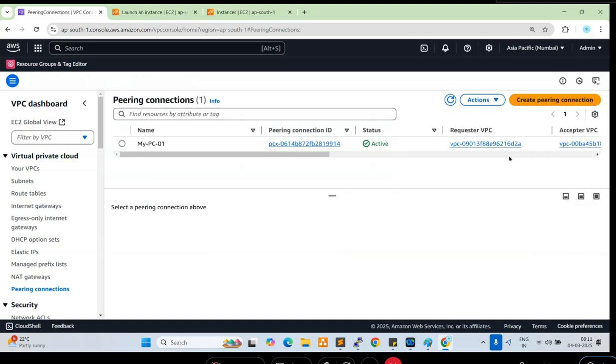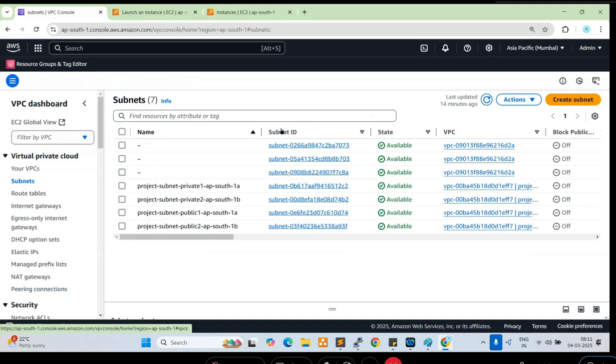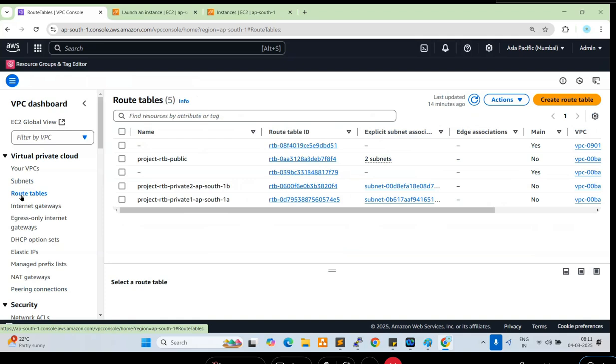After that, go back to subnets. So here we have different subnets, default subnets and custom subnets. Now go back to route tables. So peering connection is established, but the traffic route should be enabled. Okay. Now go to route tables. So here,